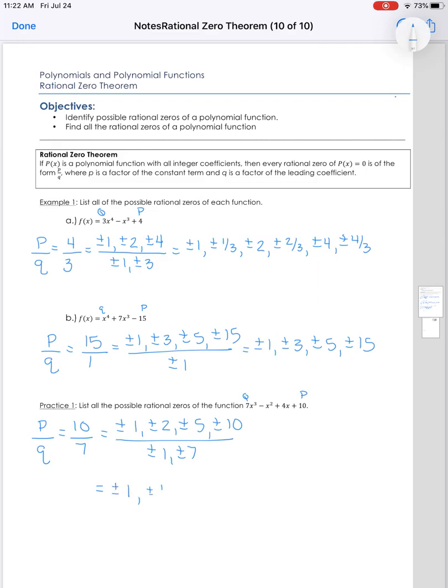Okay. So here's a practice one. So p is 10, q is 7. Just always make sure that they're in the correct order. So if we have 10 over 7, well, what makes 10? That's 1, 2, 5, and 10. And then 1 and 7 make 7. So now we make all our combinations. So 1 goes over everything, so 1 and 1/7. 2 goes over